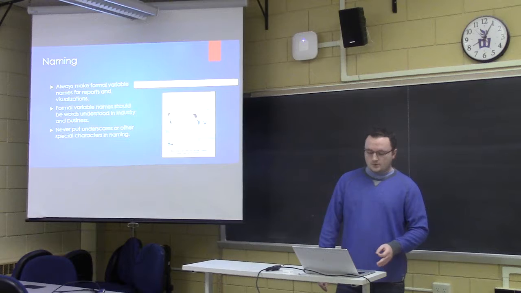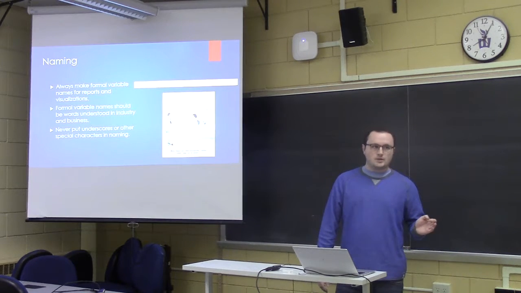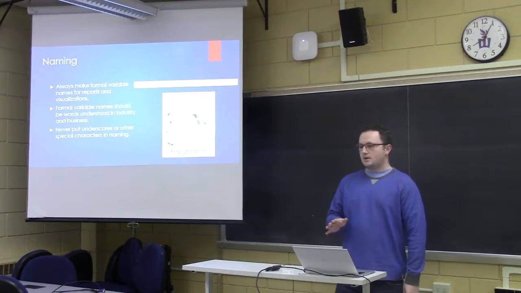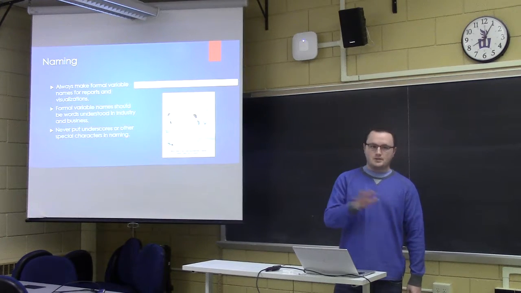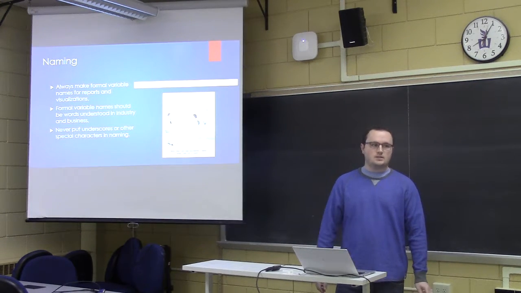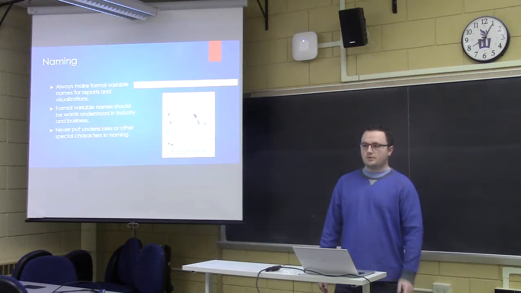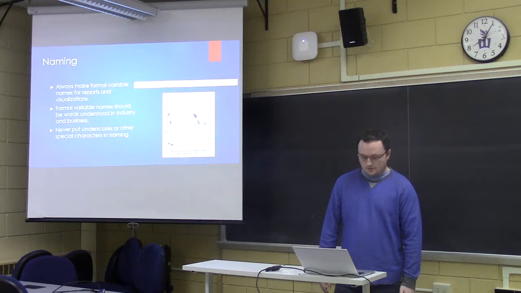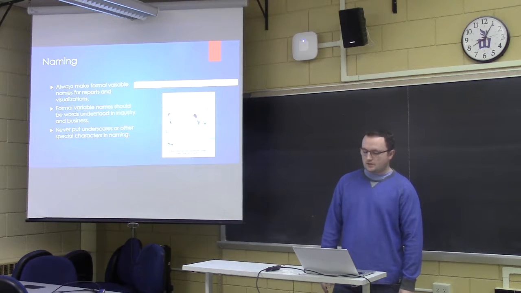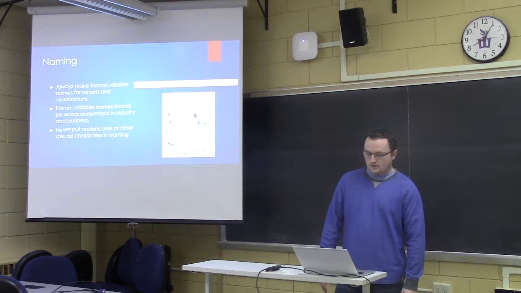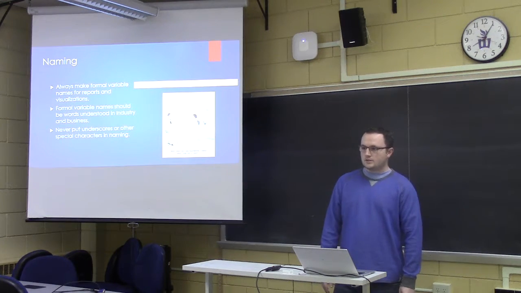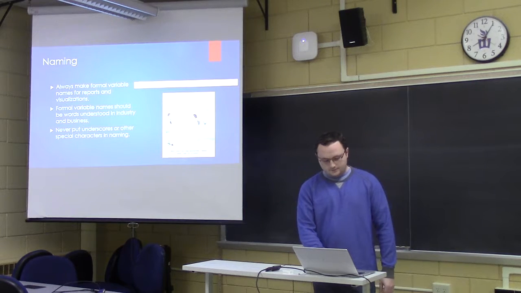Formal variable names should be understood in the industry and business. So this is going over the nomenclature of the business. Don't put names that you would understand, put what the business understands and the industry understands. So make sure that you're familiar with the words of the industry and that you're using things that everyone you're giving it to will understand. And never put any underscores or other special characters in your aliases. They just don't look good, and you're not going to do that on a visualization for the name, so don't do it for an alias for the name.